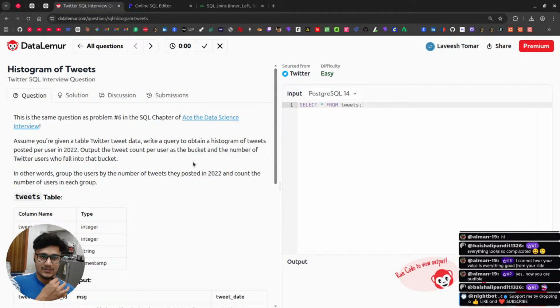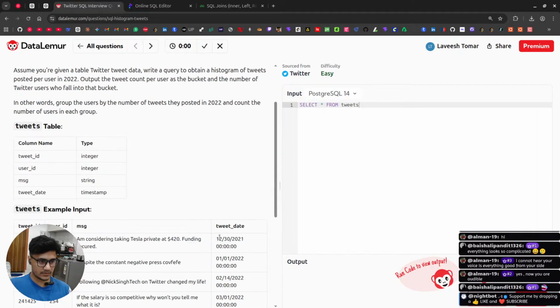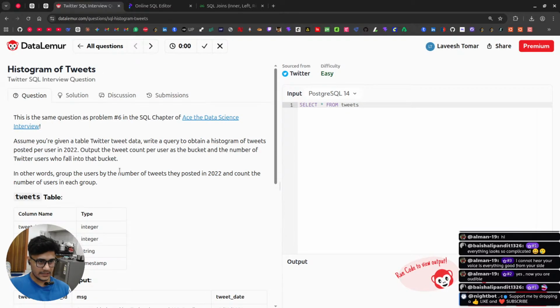Okay, I think it's easy. It's not a tough one. Let's try this. Select star from tweets. What we need is the tweet count, so we need to count the tweets from tweets where